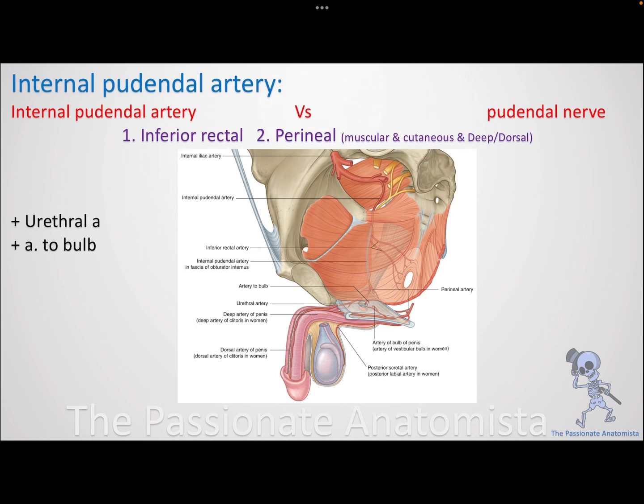From the perineal itself, I have three important branches. One muscular to the muscles of the perineum, the transverse perineal muscles. We're going to talk about them in the perineal region. We have a cutaneous branch, which is the posterior scrotal or labial, and deep and dorsal ones to the penis or clitoris. I hope you guys understood this